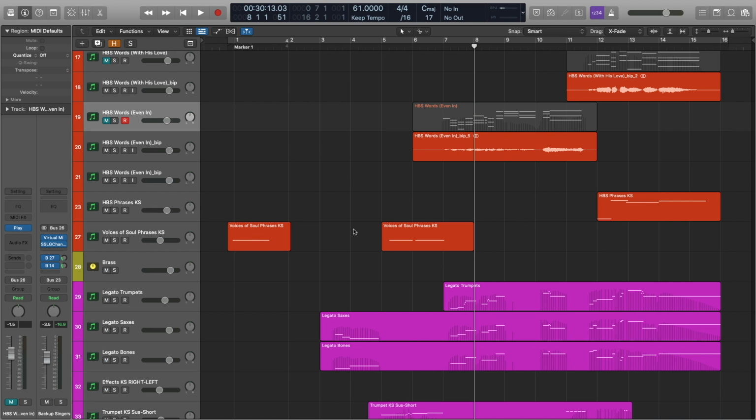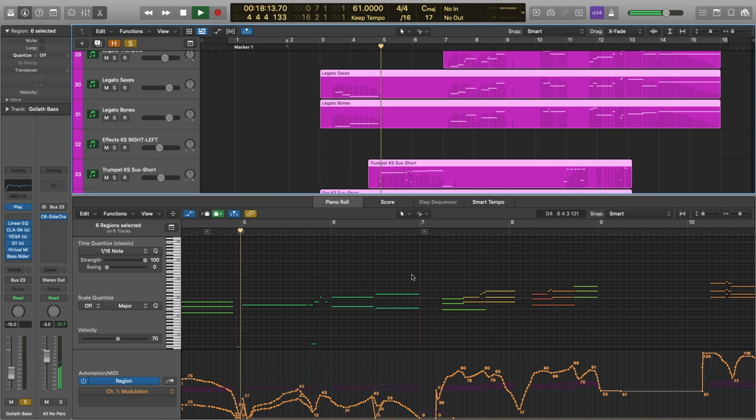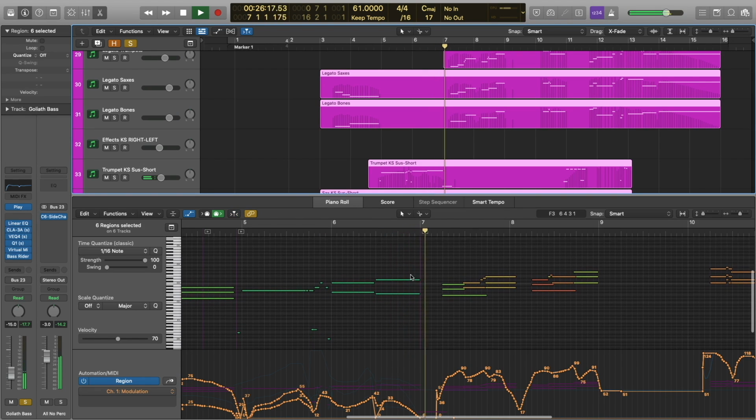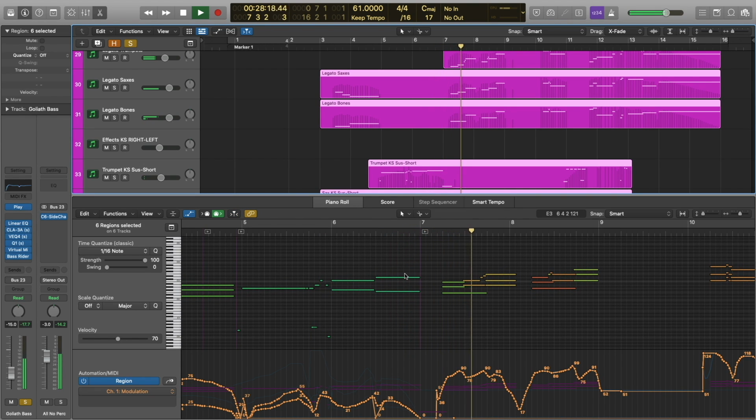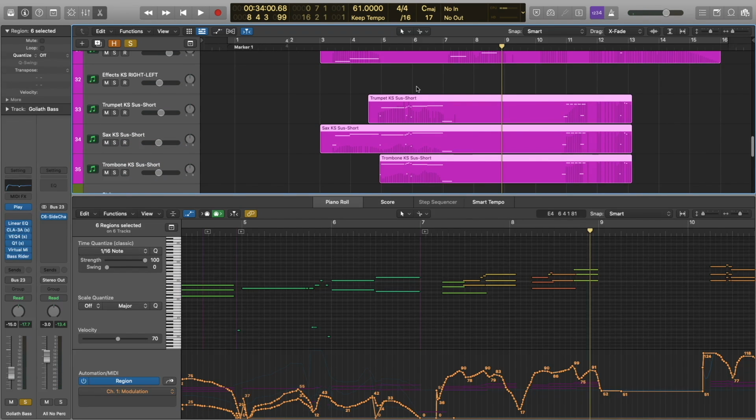Okay, let's go ahead and add our brass. So we're going to solo everything again. All right, so there's a little bit of key switch programming going on in the brass.